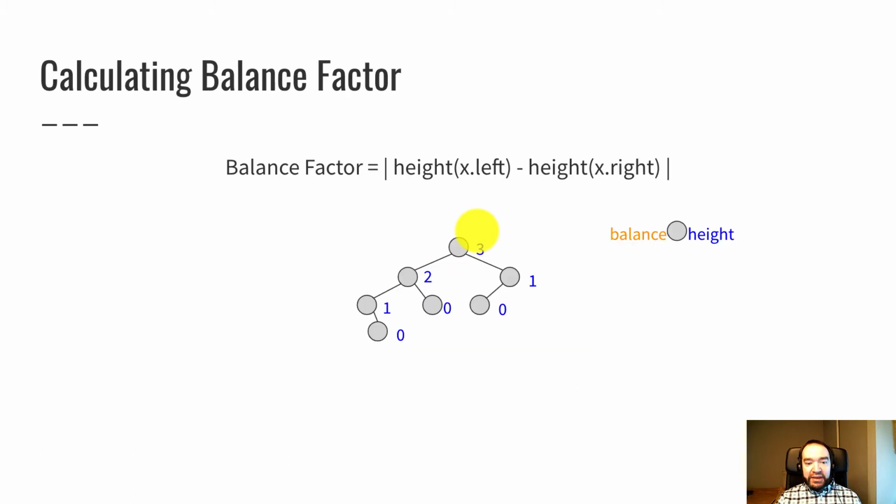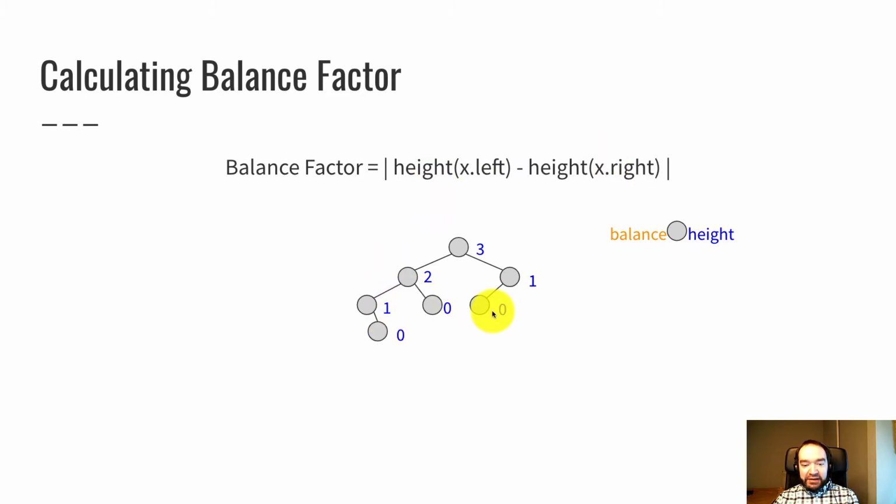Let's look at how we can calculate these balance factors before we start working with them. On this slide and some of the other ones, I'm using this notation in the legend here where we draw a node, and on the left side we draw the balance factor in orange, and we write the height of that node in blue on the right. We've been working with heights for a while, so that should be familiar. What's new is the balance factors in orange on the left. So the balance factor is the height of the left subtree of a parent minus the height of the right subtree, and it's an absolute value situation.